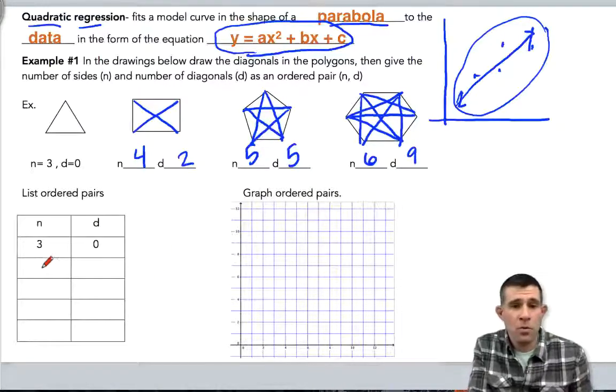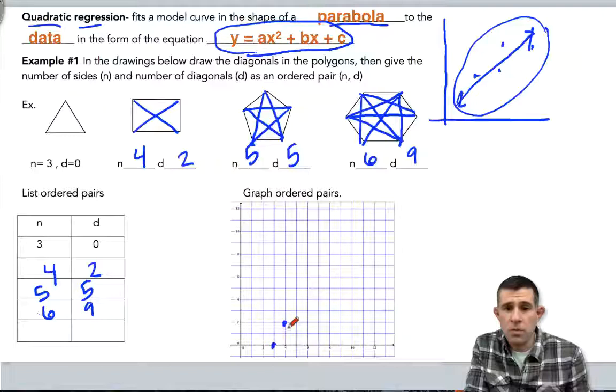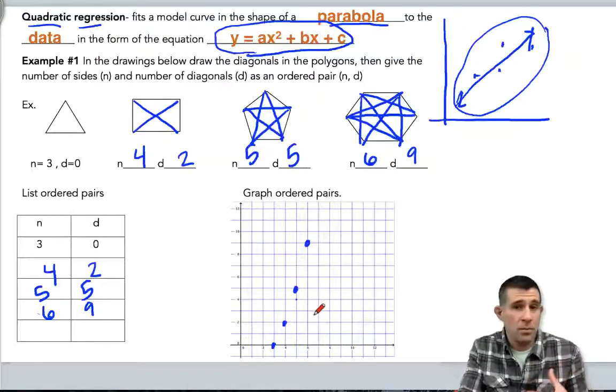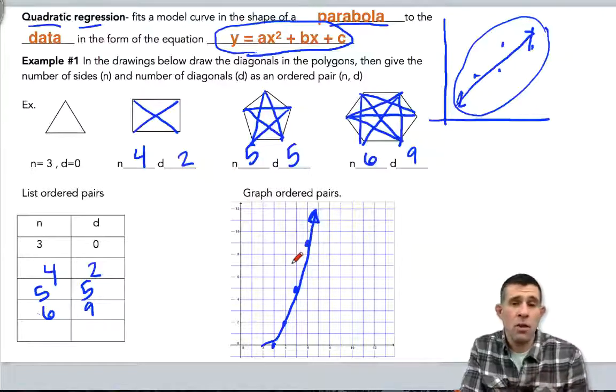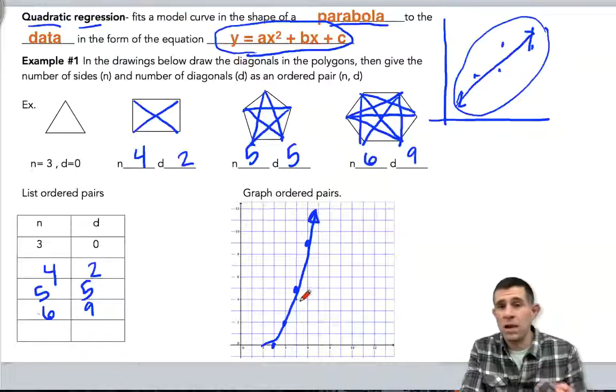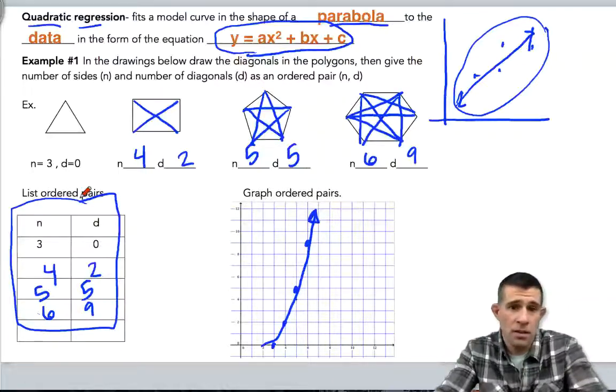Let's make a table of those ordered pairs just like any other table we would make. And then finally we got 6, 9, and then let's go ahead and graph those. So we got 3, 0, 4 over and 2 up, 5 over and 5 up, and then finally 6 over and 9 up. So you can see by looking at these data points, they kind of fall in a straight line, but more likely they fall in this very steep ascending curve. And so that's what we're going to do, is we're going to find a quadratic regression that models these data points, and now we can do that on our graphing calculator. So keep this ordered pair here in mind, and what we're going to do is go over to our graphing calculator now,